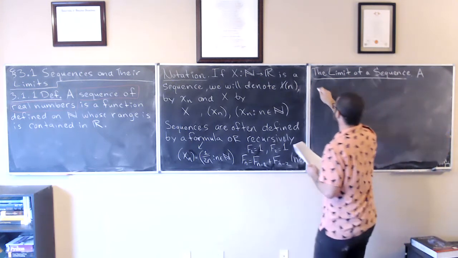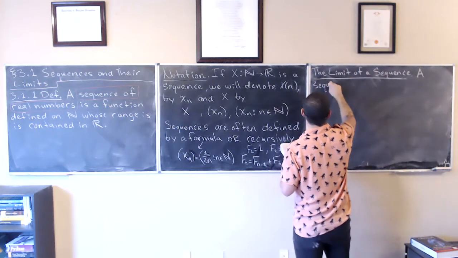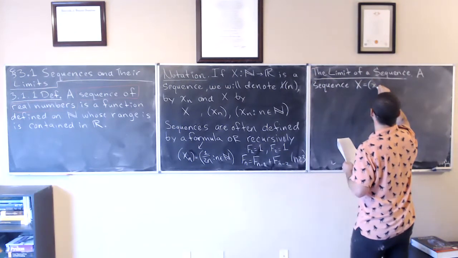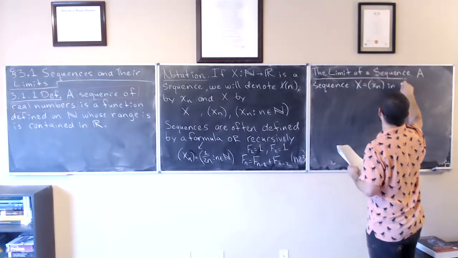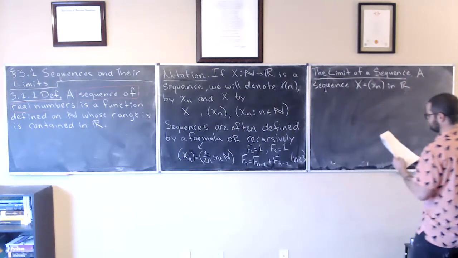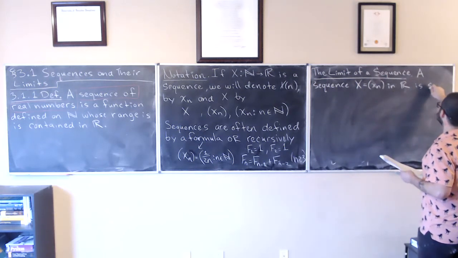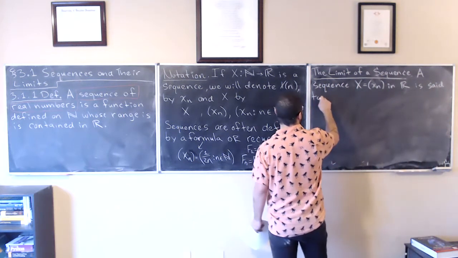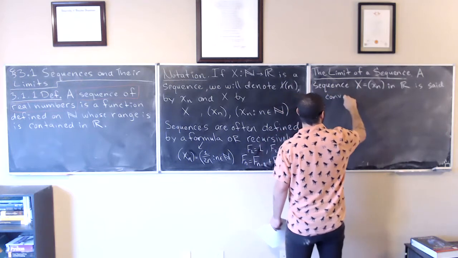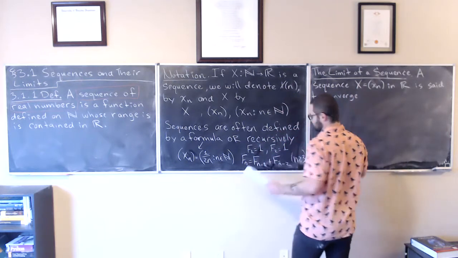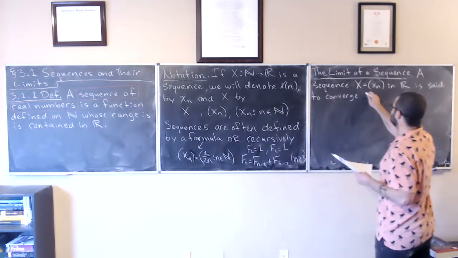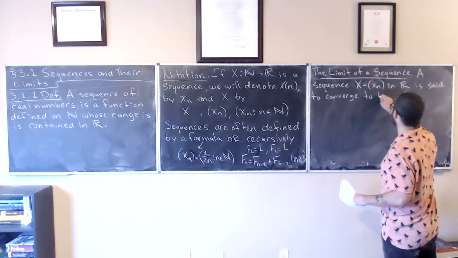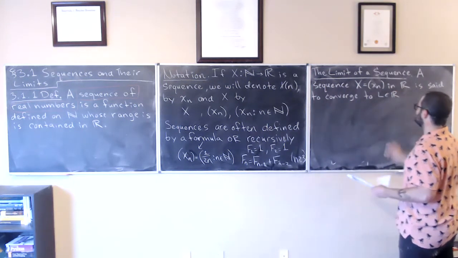A sequence X of real numbers is said to converge to a number L in R